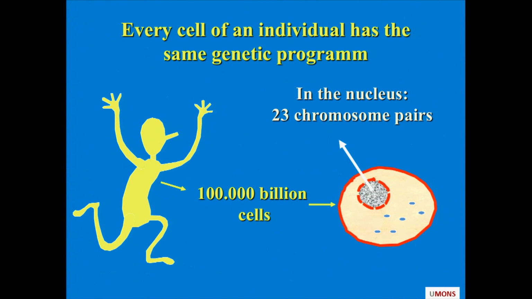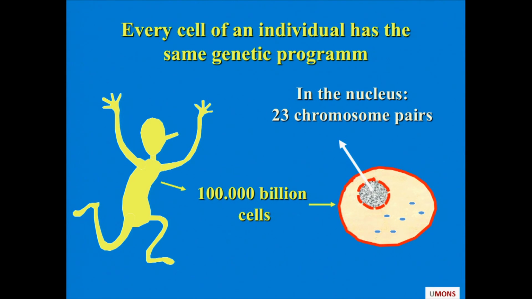So let's get started, if I can get this to work. Yes. So we start very simple. Every one of us is like this yellow little man, constituted of a very large number of cells. Now, to the right of this slide. I'm a bit frustrated because I'm a teacher and I'm used to walking and making large moves in front of my screen, but with two screens, I don't know what I should do. So I will try to tell you to look right, left, up, down in the slide to know what I want to talk about. So the cell, which is drawn to the right, bottom of your slide, has a little gray